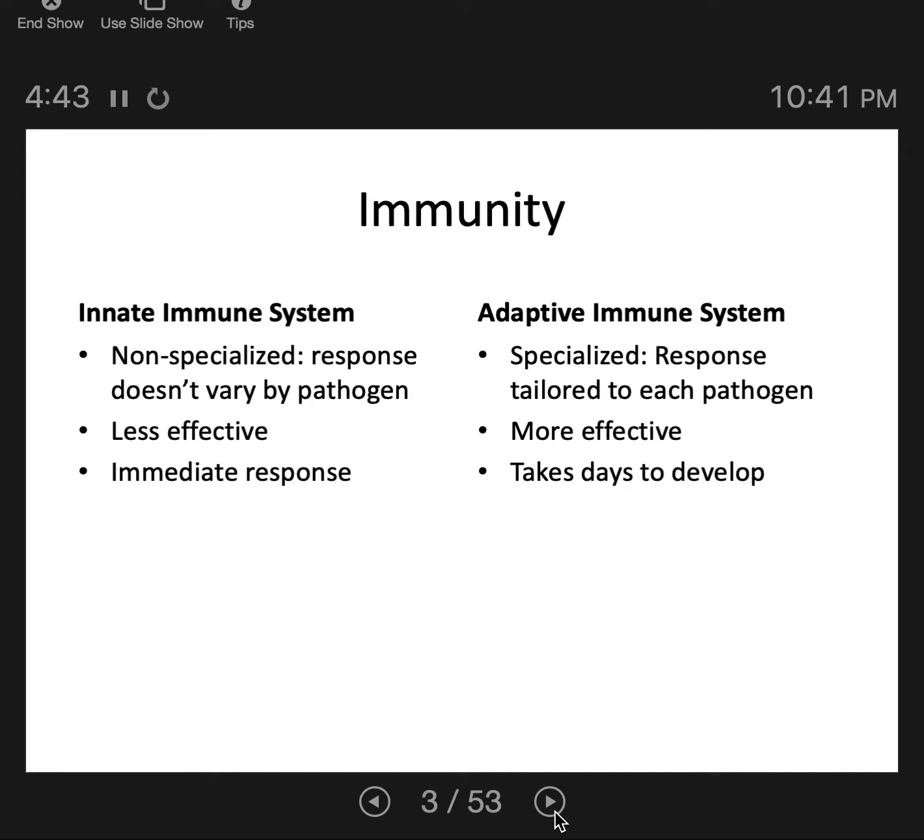There are places in which these 2 immune responses overlap. The innate immune system can trigger the adaptive immune system, and the adaptive immune system can trigger the innate immune system, especially through the complement system, but also through communication signals called cytokines, which we will cover in this lecture.